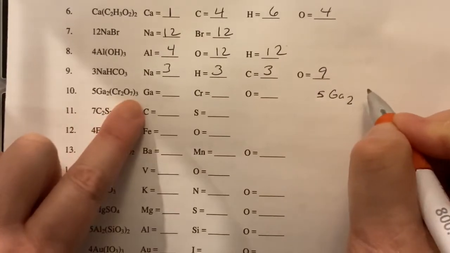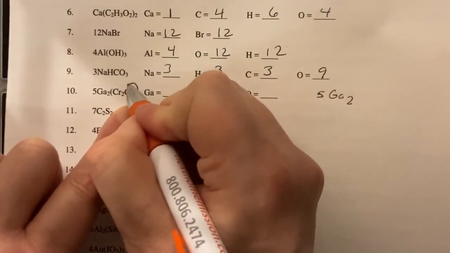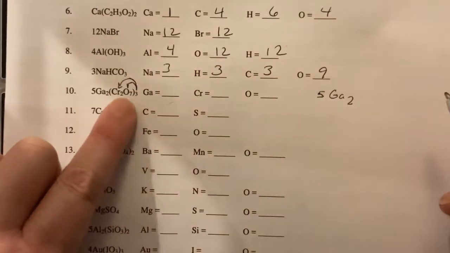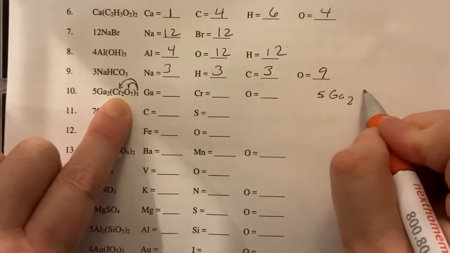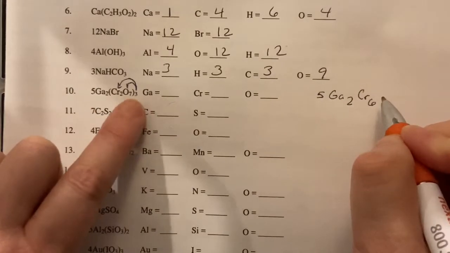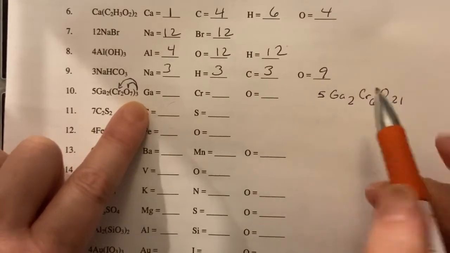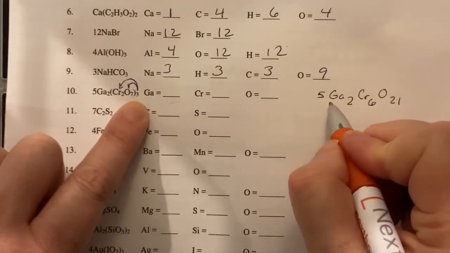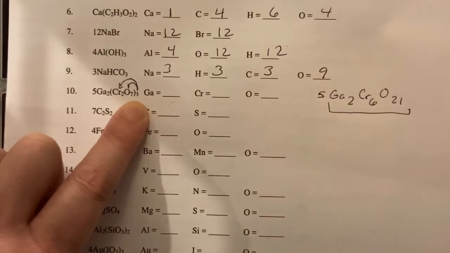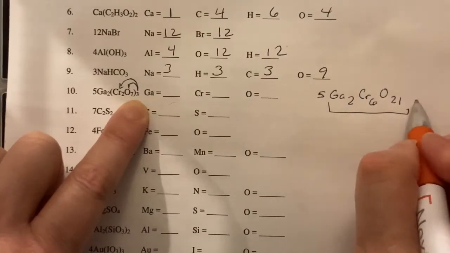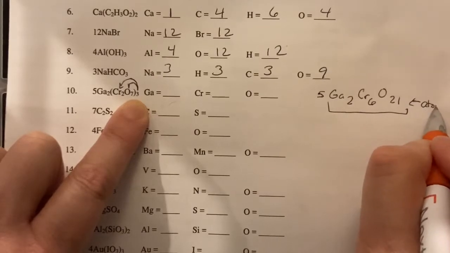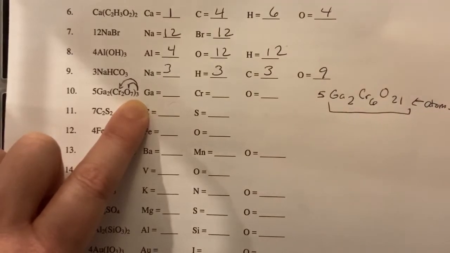5GA2. And then I'm going to take out the parentheses. So I'm going to just distribute this to each one of those. So 3 times 2 is 6. So CR now is a 6. 7 times 3 is 21. So O is now a 21. So now I have 5, which goes across this whole thing. GA2, CR6, O21. And all those guys on the bottom are how many atoms we have in the compound or